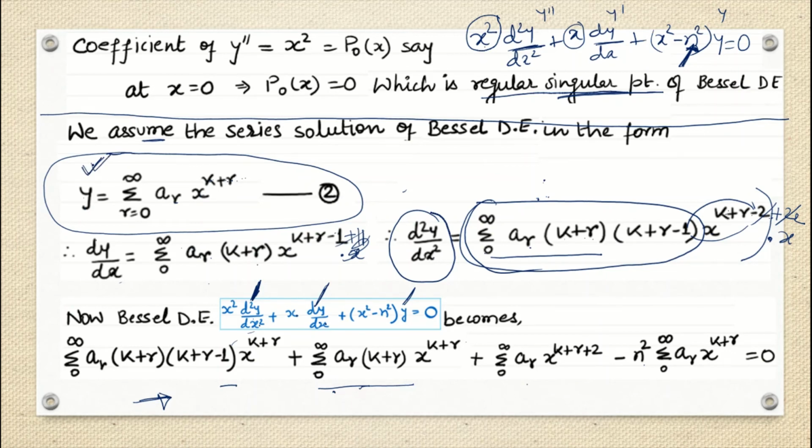You started with that. So for that reason, your second step should be to find out what is your dy by dx. Again, you need to find out what is your d2y by dx square, and then you just put all those things in one line, and don't forget to multiply x square with d2y by dx square, and x with dy by dx. Everything else will be same, only the power of x will get changed. Okay, so till now there is no problem, right?